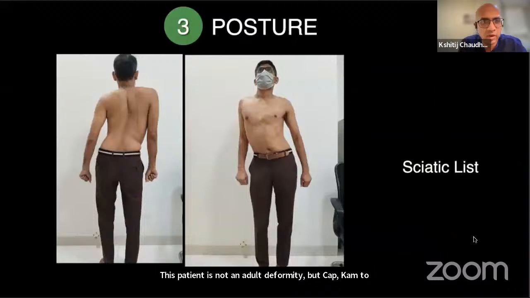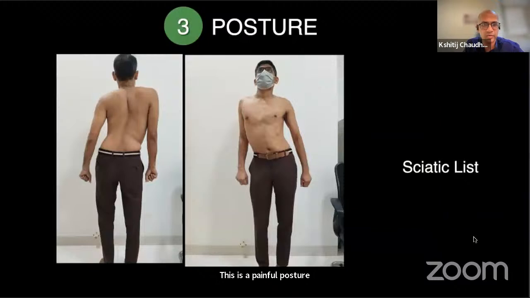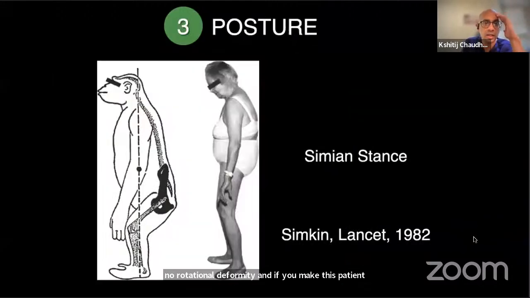This is a painful posture of disc herniation called sciatic list, which is a uniplanar shift of the trunk. There is no rotational deformity. And if you make this patient lie down, the deformity is going to disappear. This posture is of a patient with lumbar canal stenosis. They tend to stand with a slightly forward flexed posture because it relieves the pain of canal stenosis, also called